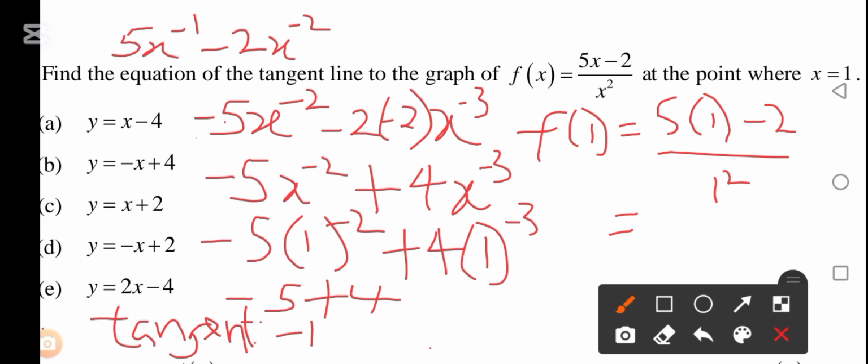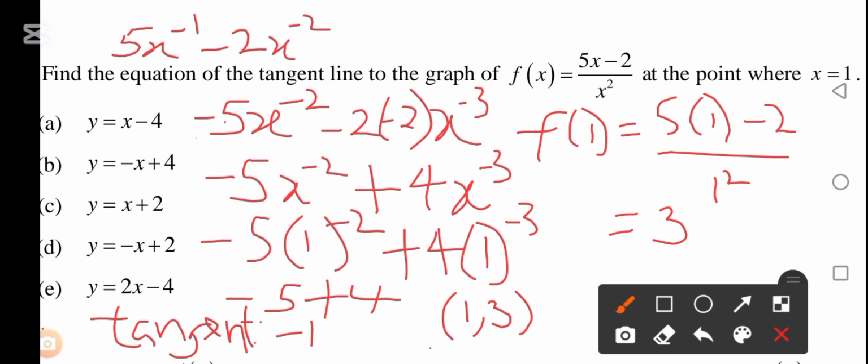So we have the coordinate 1, 3 for the function. We're going to make use of the tangent negative 1 and the coordinate 1, 3 to find the equation